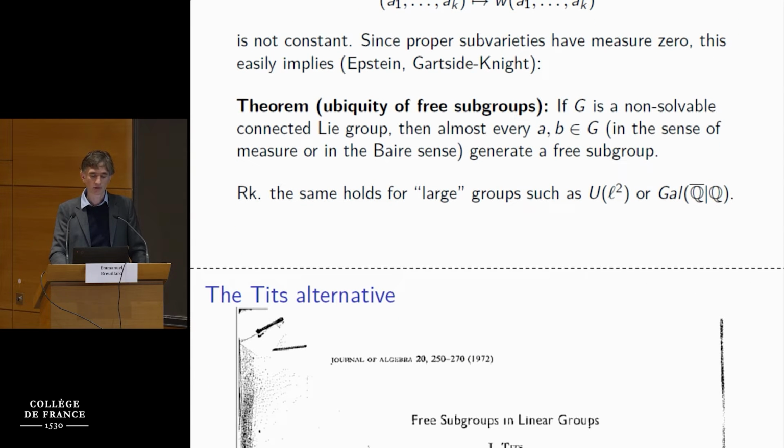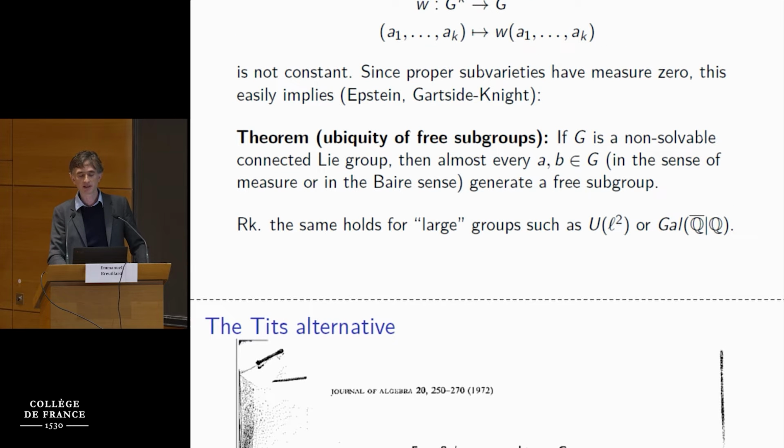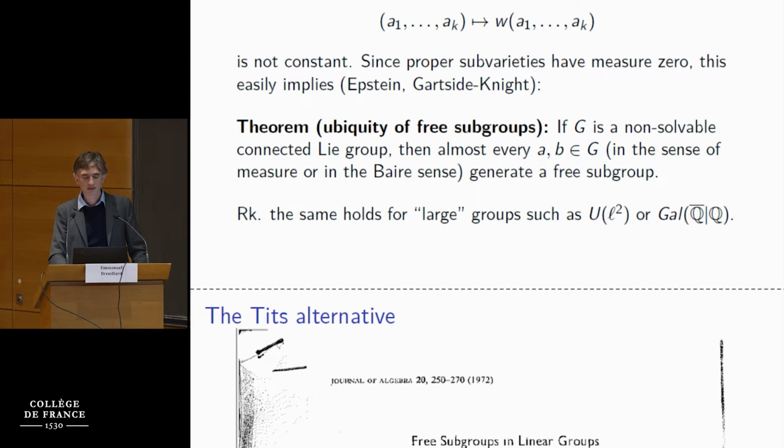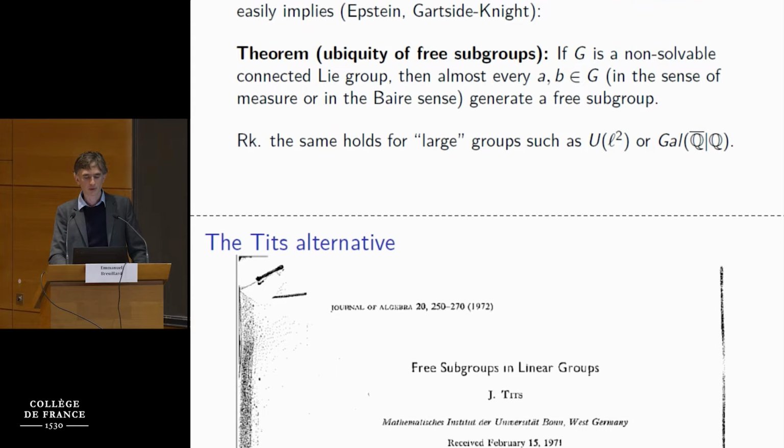And now I come to the Tits alternative. So you see, it's easy to find many free subgroups once you have one, but this kind of argument will never tell you anything about whether or not you have a free subgroup in a given finitely generated subgroup. Okay, it's going to give you, okay, there are many, but it's not going to actually point to one. Okay, this is quite common in mathematics. You can show that things exist, but you cannot put your hand on one example. So Tits managed to prove a wonderful theorem,